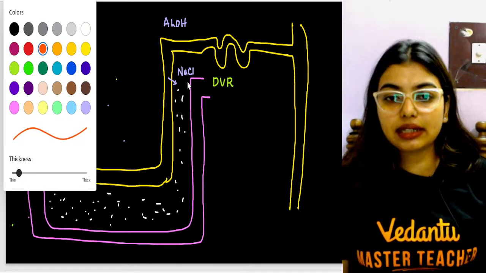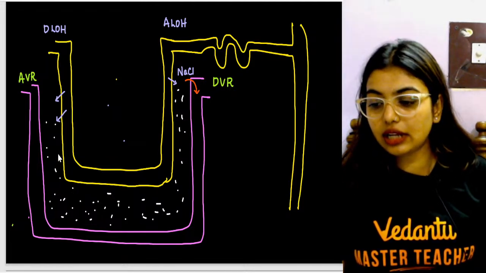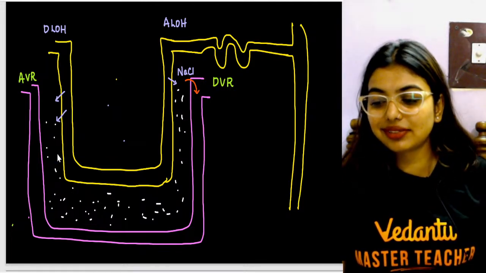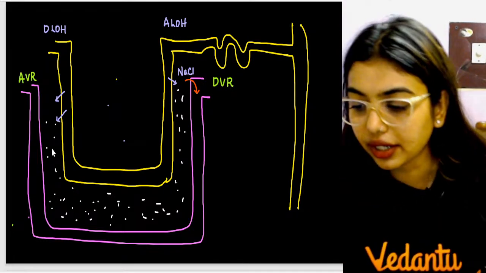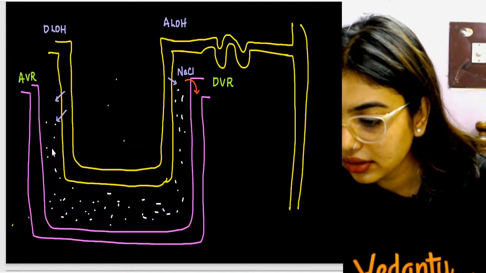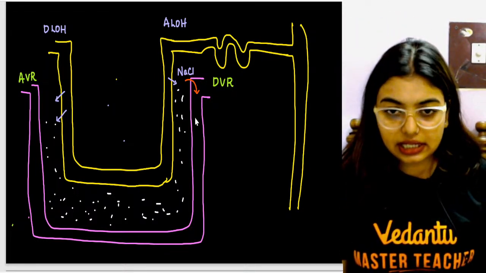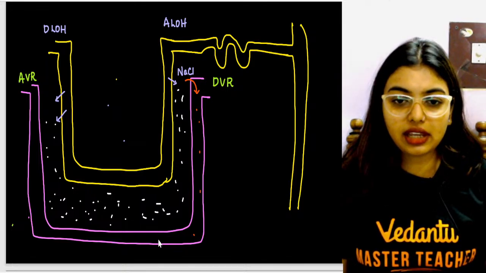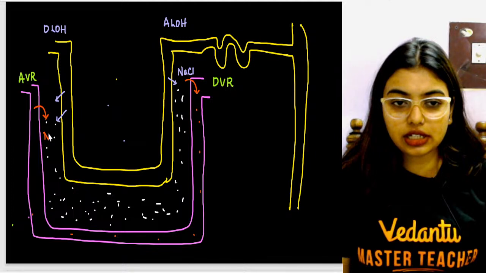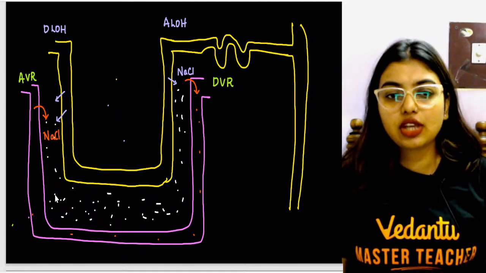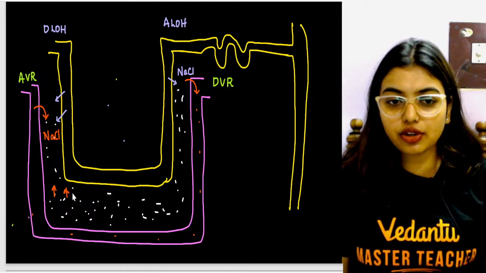That will be picked up by your descending vasa recta, carried all the way up to the ascending vasa recta, and it will deposit it into the medullary interstitium. Continuously this is going to happen and the concentration of NaCl is going to increase